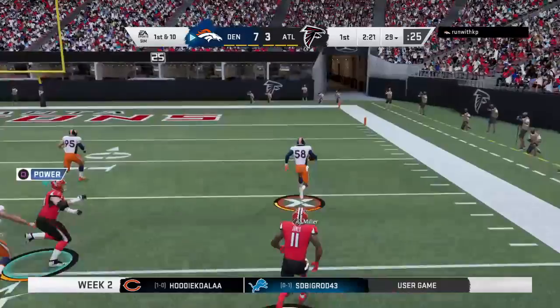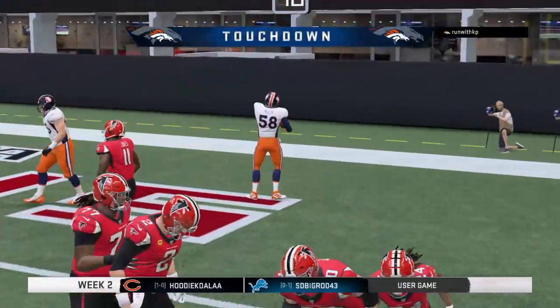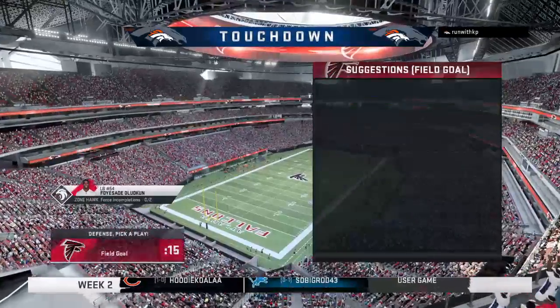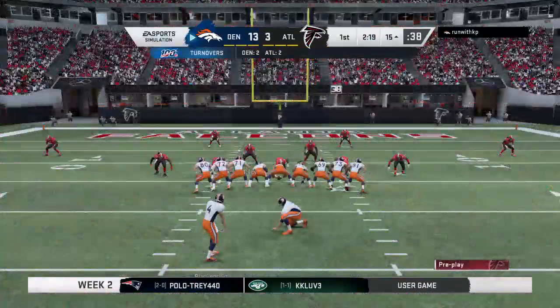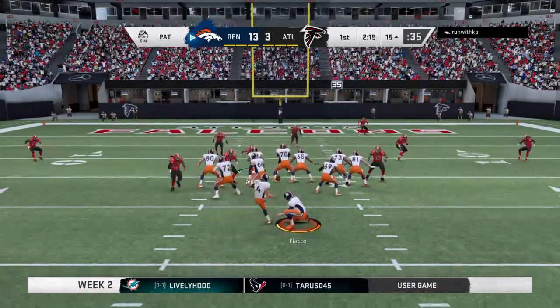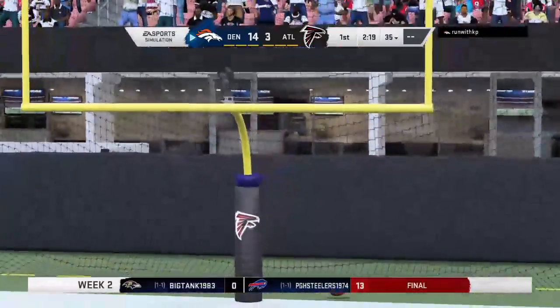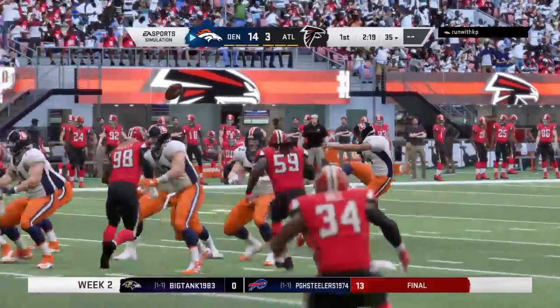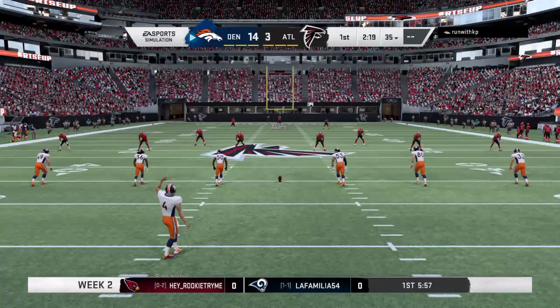My goodness. Picked off by the all-pro linebacker. It's Von Miller. And he will score. Touchdown, Denver. Now the try here for the point after. And this one's right through to make it a 14-3 ball game. The score, Broncos 14, Falcons